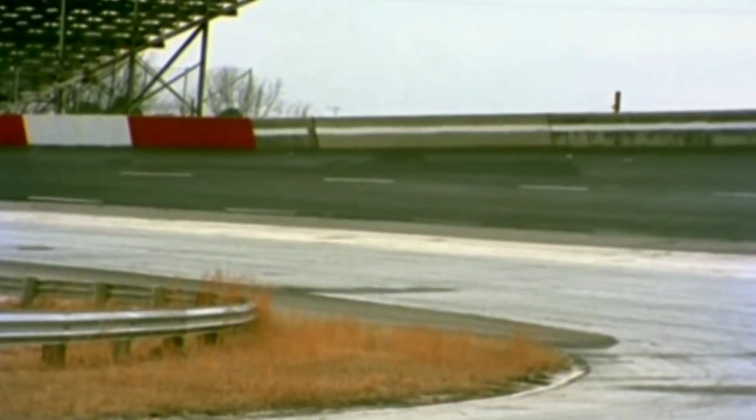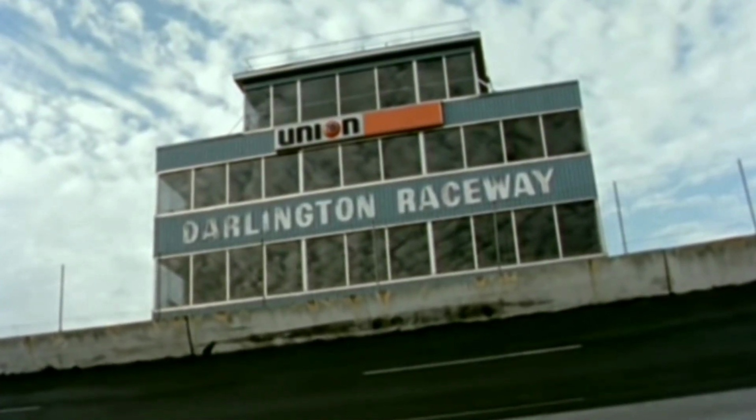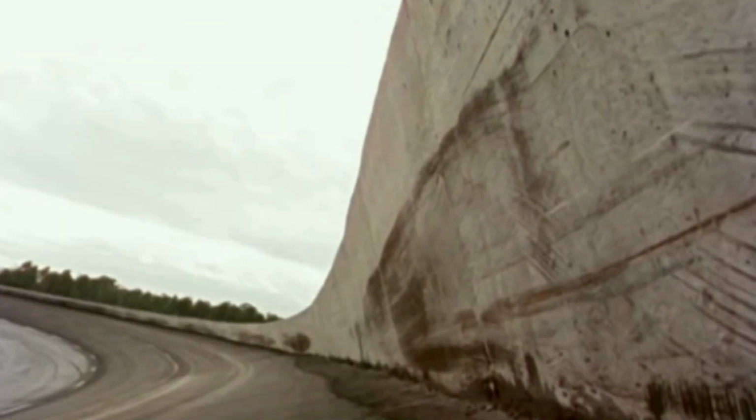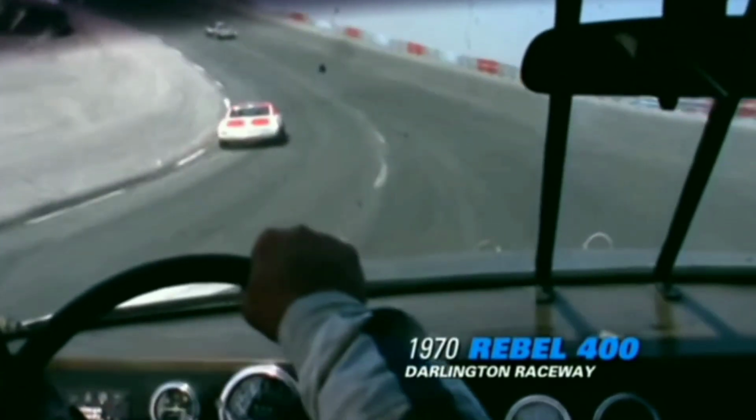Had a bunch of bad wrecks down at Darlington. Got to going too hard in one corner, and I'd run into the wall and messed the front end up. I ran, I don't know, 8 or 10 more laps and had got the car back up to speed. Golly, come off of 4 and